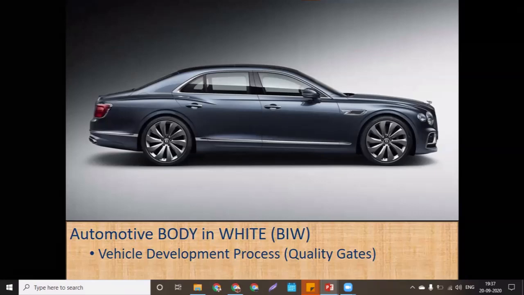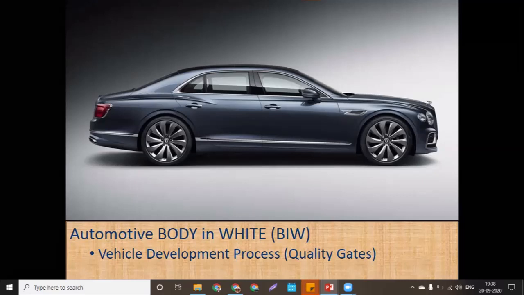Quality gates means, suppose any OEM decides to launch one vehicle after some duration. How much duration will there be, and how will they decide that this vehicle is going to launch? That is to be done by the marketing team and the top management, which segment they want to launch, based on the marketing report, their survey, and the benchmarking. They will either launch a crossover, sedan, or hatchback, anything. So what are the steps inside that, and how will they classify it?